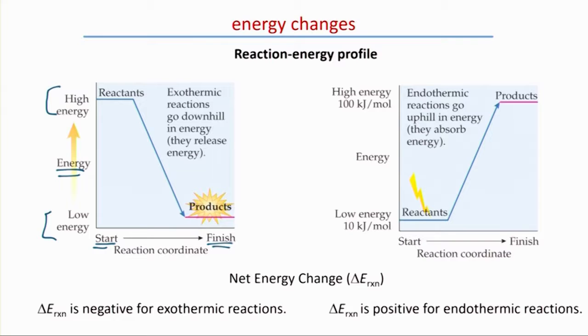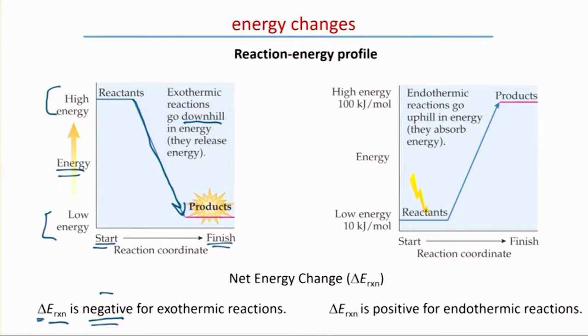When you have an exothermic reaction, the energy of the products is lower than the energy of the reactants, so we say this will go downhill. From reactants to products, we lower in energy. When you calculate the change in energy, that triangle there, the change in energy for the reaction is negative. You take products minus reactants, and you will get a negative value